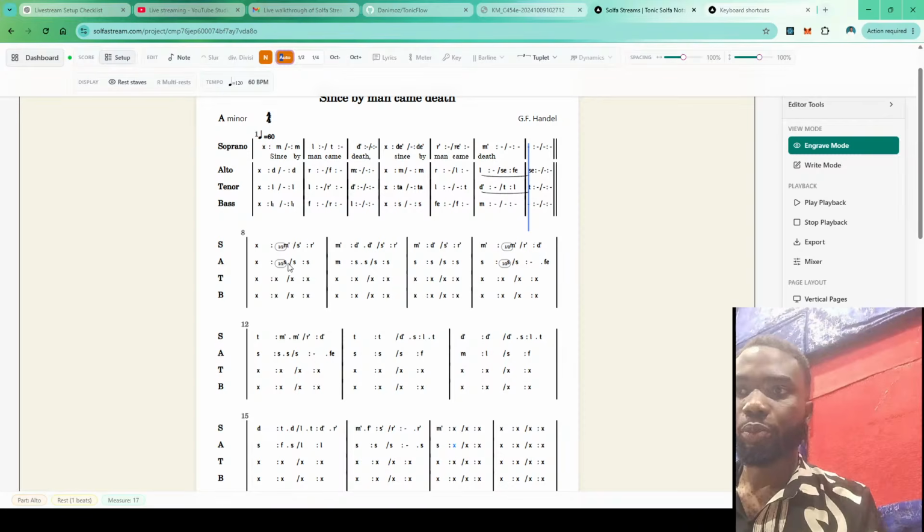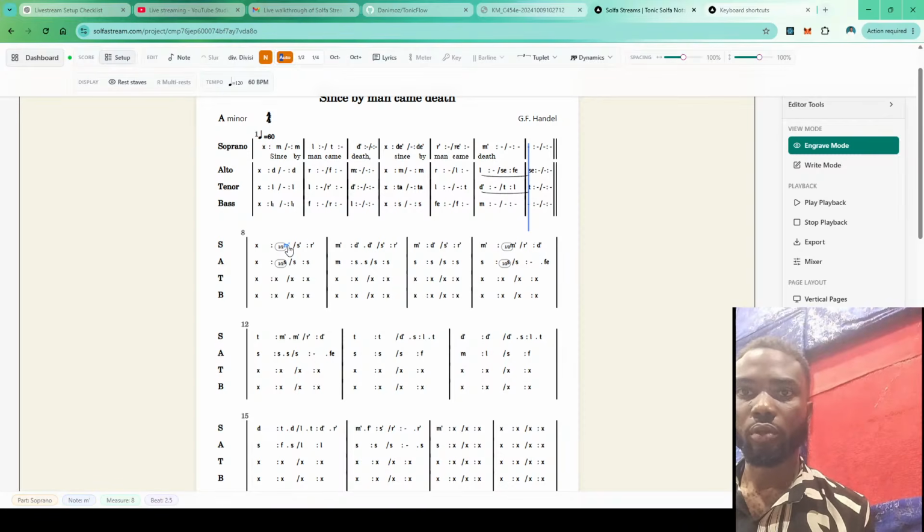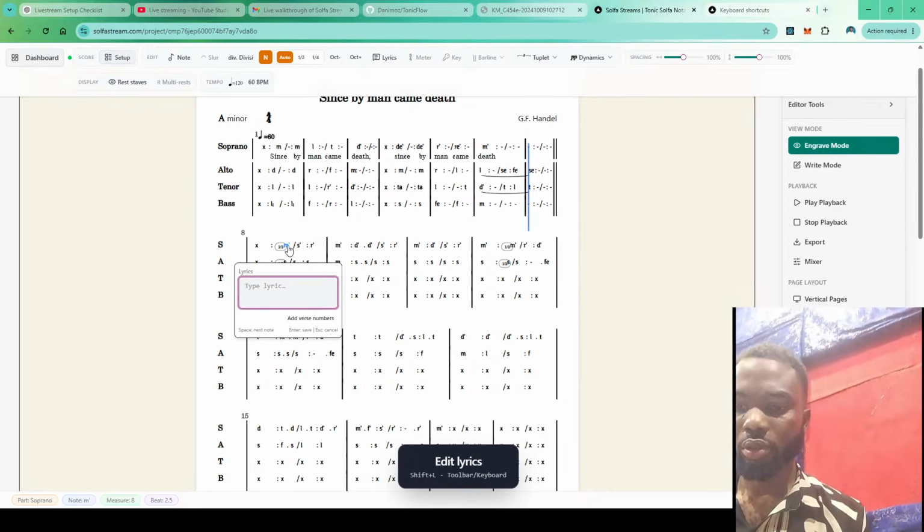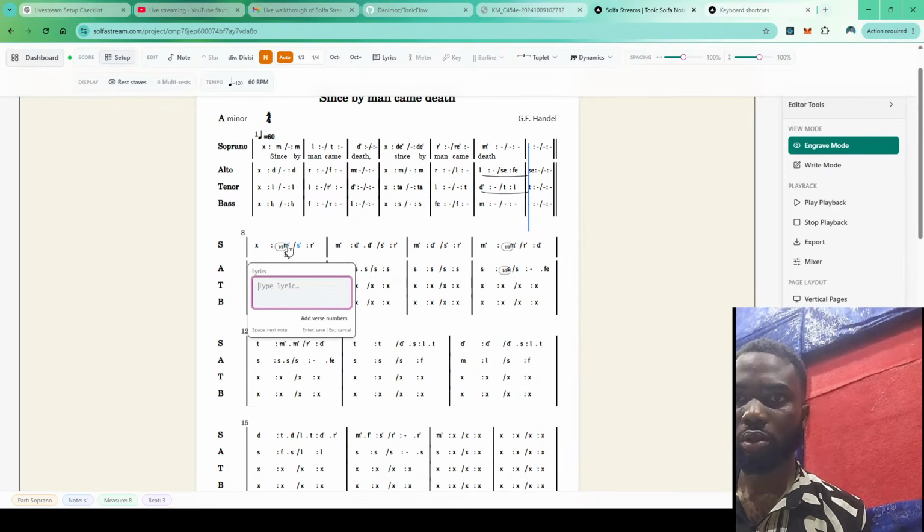I think I should just put the words here at this point for soprano and alto before going for tenors. So let's put it in. Shift and L. "By man, king,"